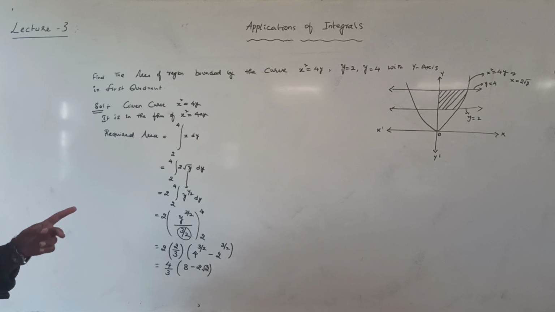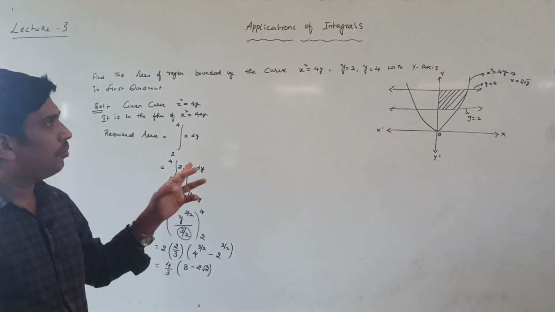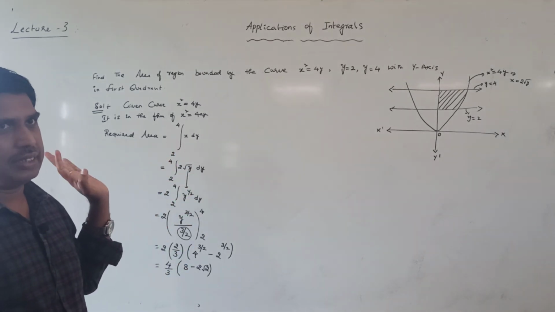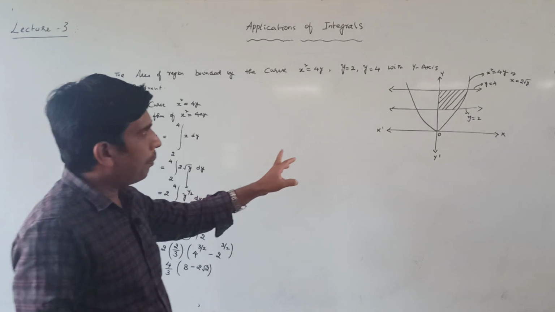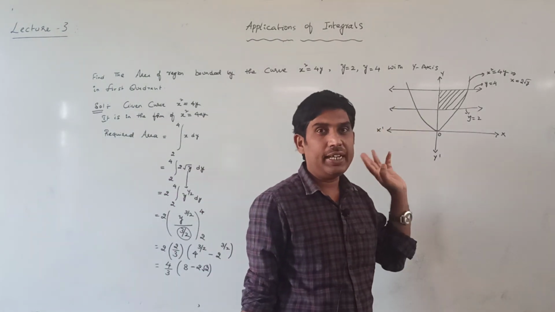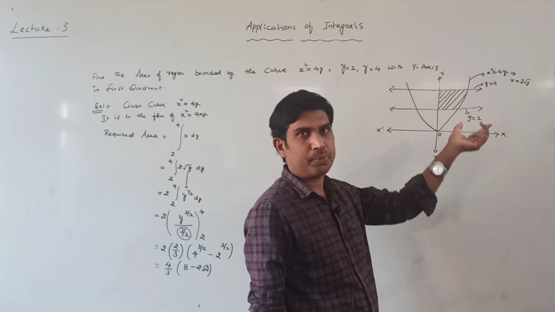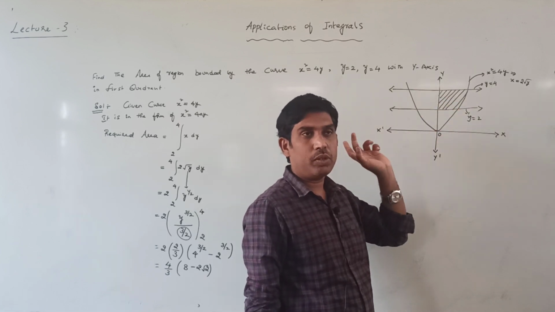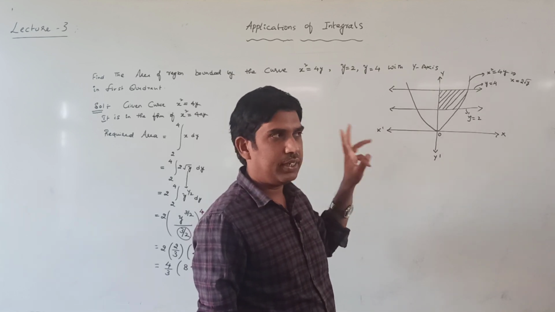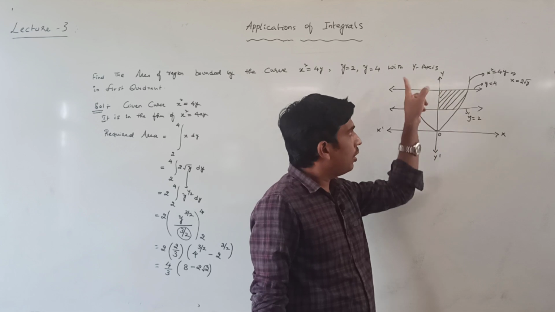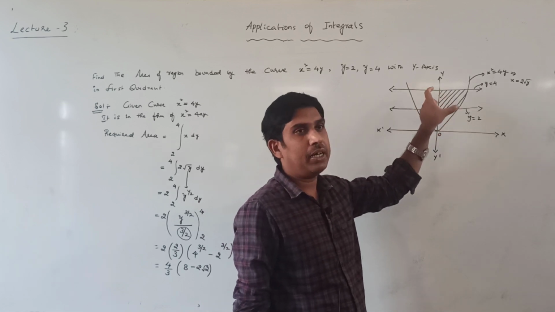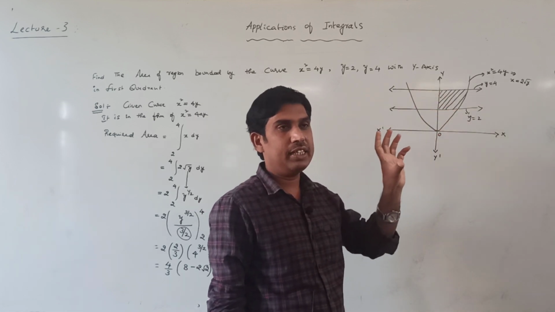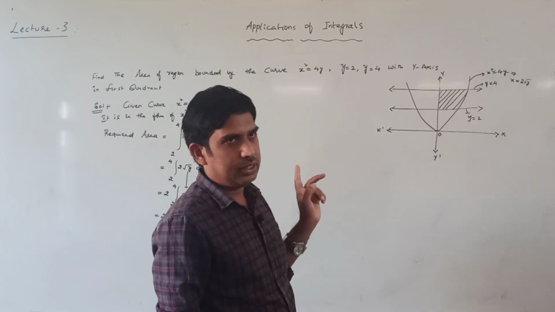So previous problem, area bounded with x-axis, here in this problem area bounded with y-axis. So for each and every problem I am going to draw that figure. By observing the figure only we'll get an idea whether here two parts we have to take or one part we have to take. Sometimes we multiply with 2, multiply with 4, that's why we'll get an idea about that. That's why if you draw the figure then we'll get an idea. So here particularly this part only we have to evaluate, particularly that area only we have to find out. Understood?